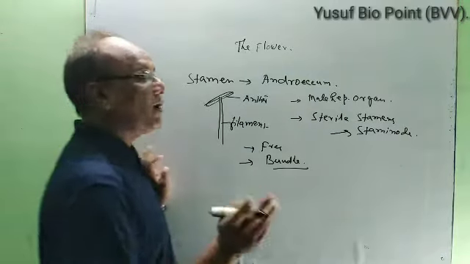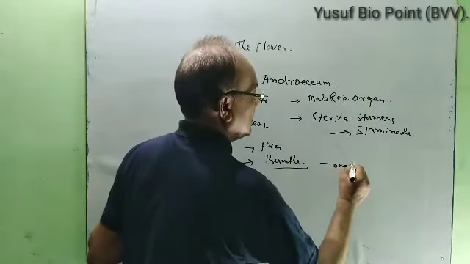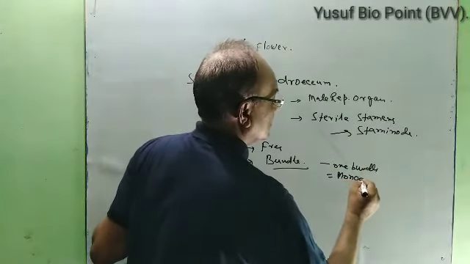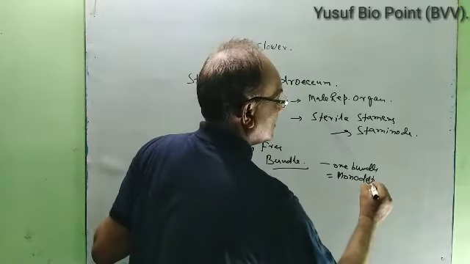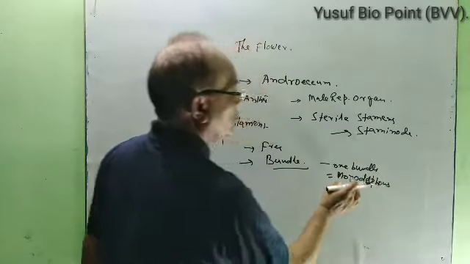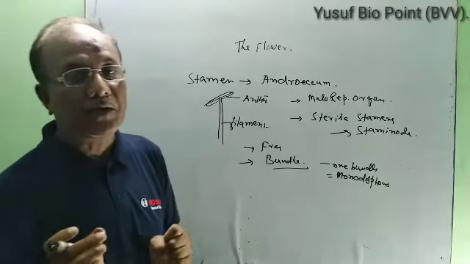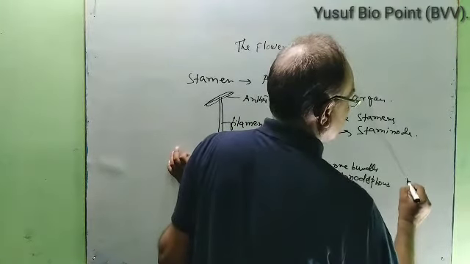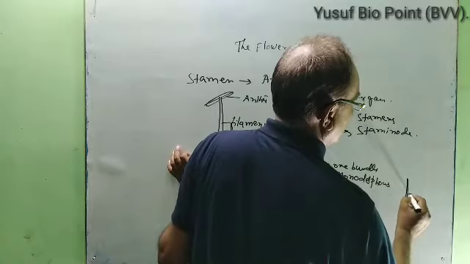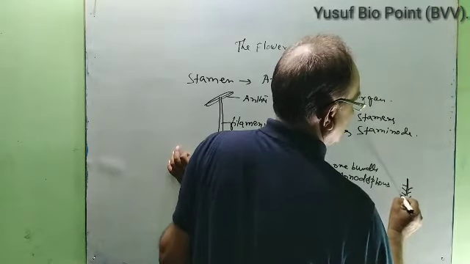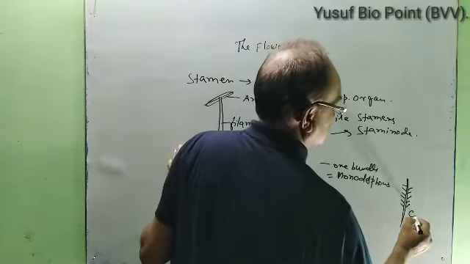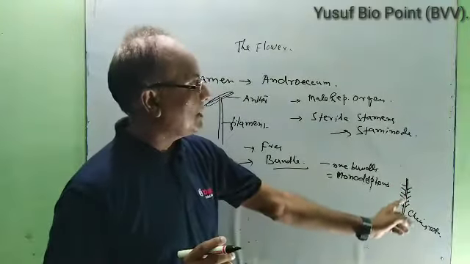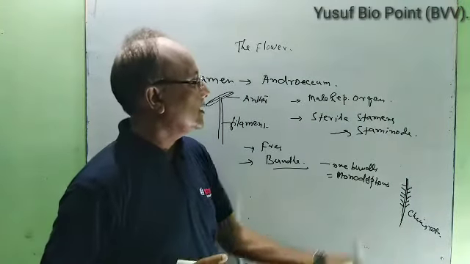If it is found in one bundle, it is called monodelphous. मोनो मीन्स वन, डेल्फस मीन्स बंडल यानी गुच्छा, एक गुच्छे में पाया जाता हो तो उसको हम लोग क्या कहते हैं? मोनोडेल्फस. जैसे चाइना रोज में देखते होंगे सभी स्टेमेंस एक ही गुच्छे में पाए जाते हैं, that is known as